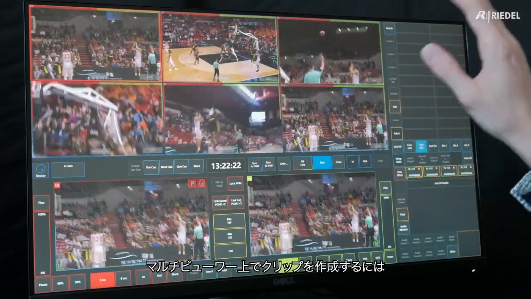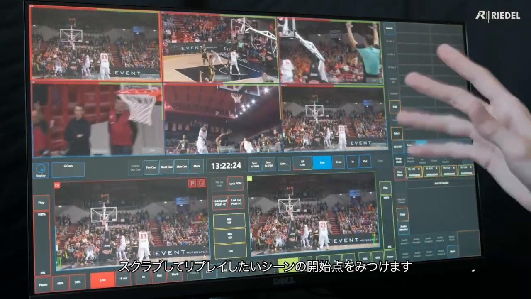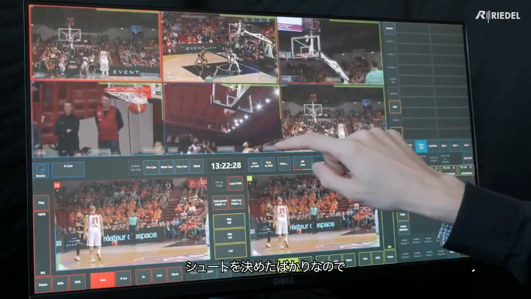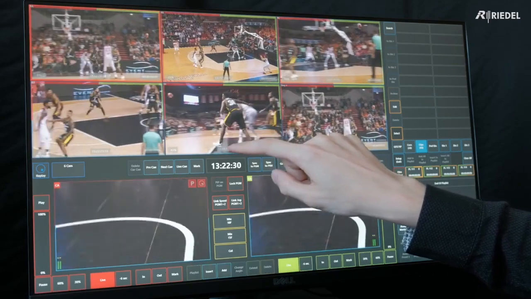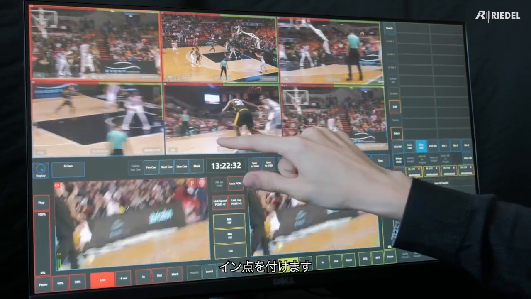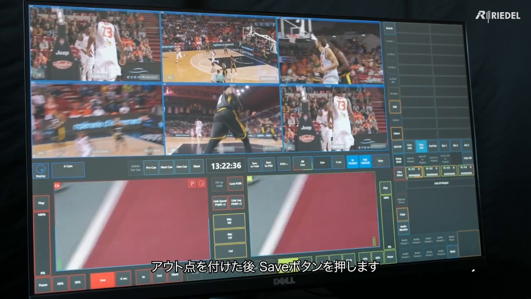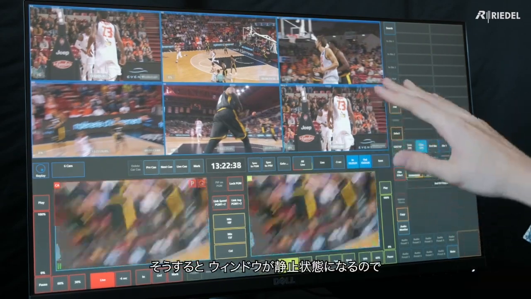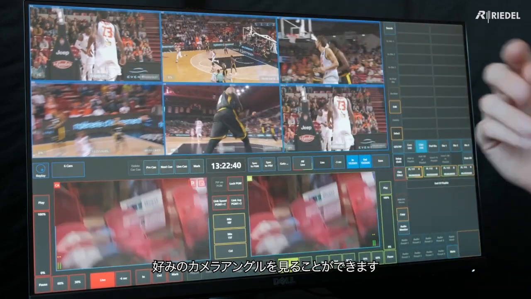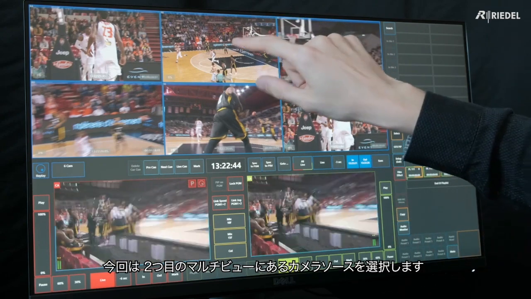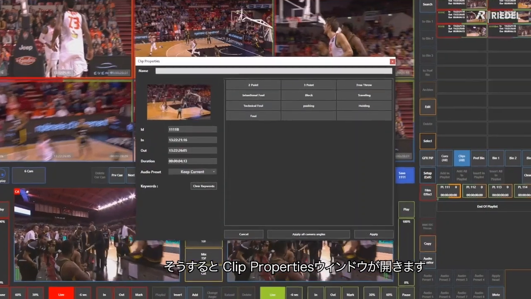To create a clip, on our multi-viewer, all we need to do is go to the beginning of an action just by scrubbing back. So we just made that shot, so let's go to the beginning there, right around here, mark in, scrub through to the end of the action, mark out, and press save. Once I do that, all of my windows freeze and I get to select what my preferred camera angle is going to be. In this case, let's do B, which is our wide, and then it opens up the clip